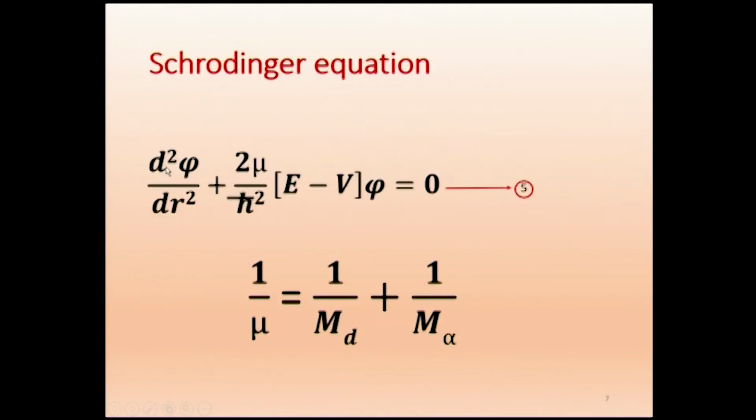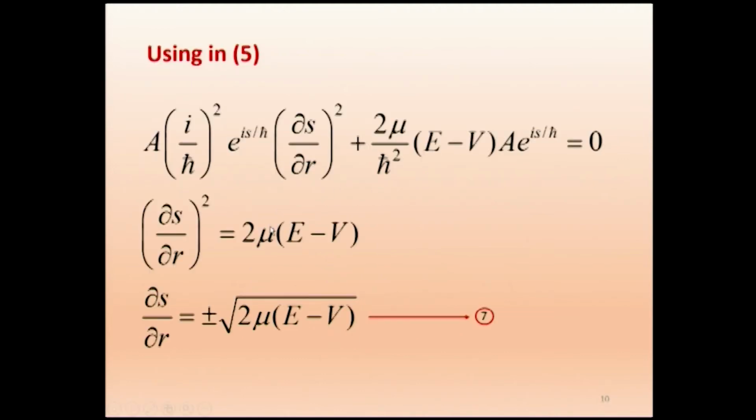From the Schrodinger equation, we have just substituted this part, and this part we are substituting for psi. That's what we have done now. Now here I can write, certain things will get cancelled, you just follow this. h cross will get cancelled. You go through that. Dou s by dou r squared will be equal to 2 mu (E minus V), because this one will go to the other side. This is what we get.